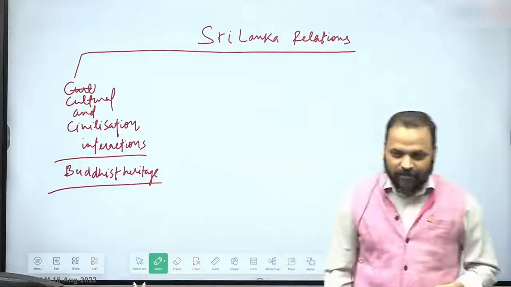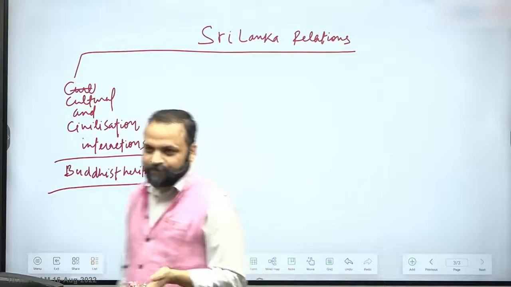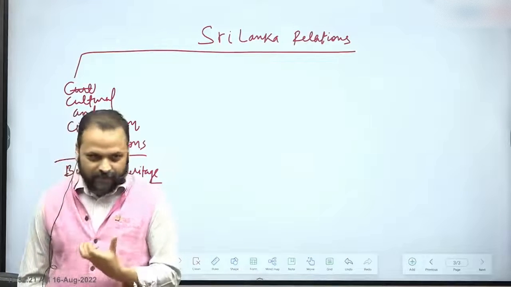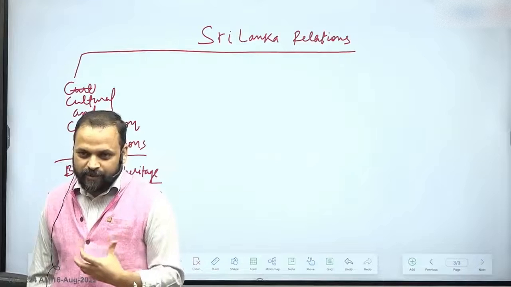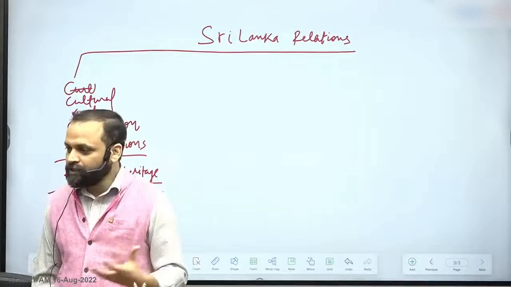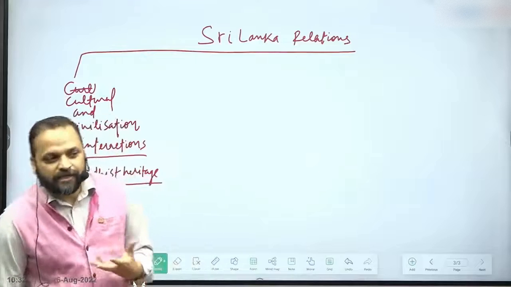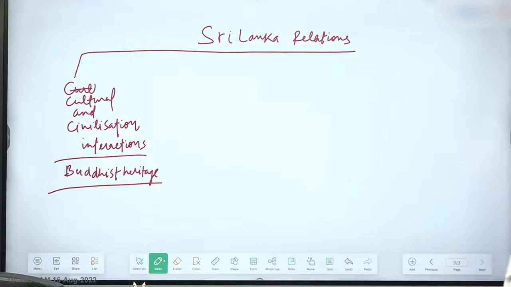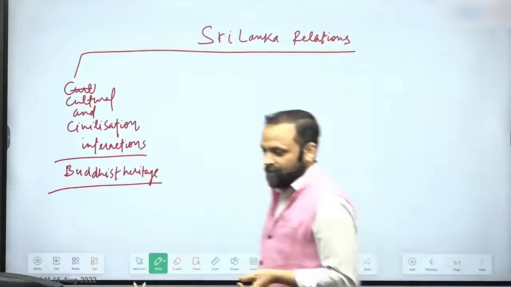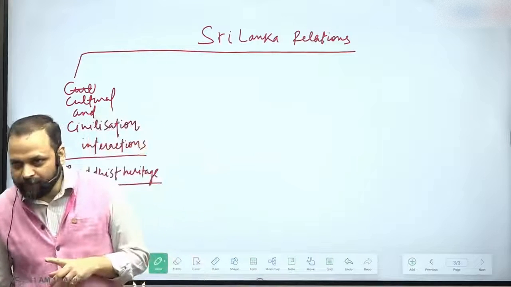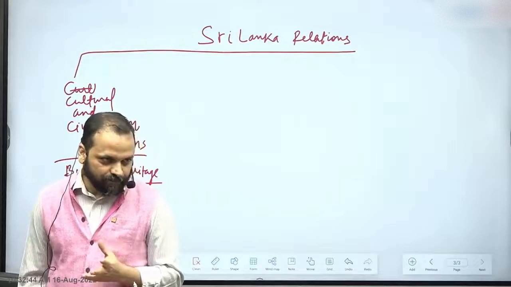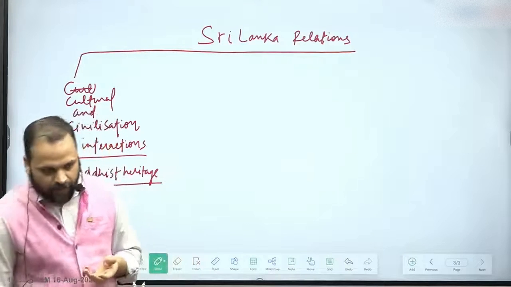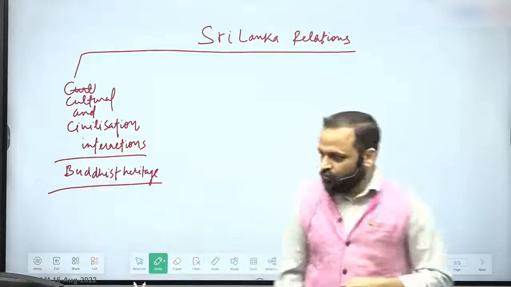But we have an emperor by the name of Ashoka. Ashoka the Great is a key figure in India's civilizational history, and he is important in terms of the expansion of Buddhist influence. All right. So he sent his son Mahinda, Prince Mahendra, to Sri Lanka, but also Princess Sanghamitra to Sri Lanka, right? So that is where Buddhism took root in Sri Lanka. So that's why we can say that it is a 2,500-year-old relation.